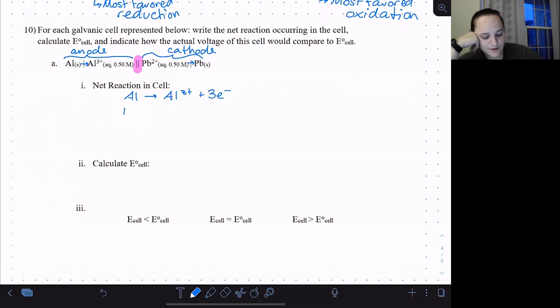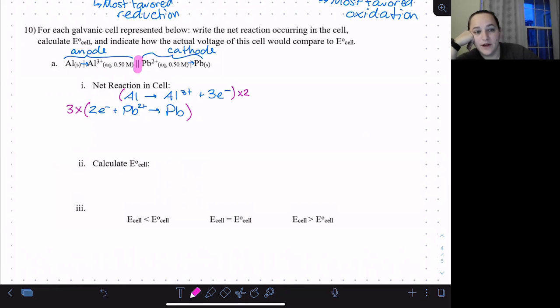And then our cathode reaction is lead 2+ becoming lead. And to balance that, we need 2 electrons on the left. So in order to add these back together into our net reaction, we need to equalize our numbers of electrons, which means we're going to need to multiply our first half reaction by 2 so that we get 6 electrons here, and our second half reaction by 3 so we get 6 electrons there as well, so that those will cancel out